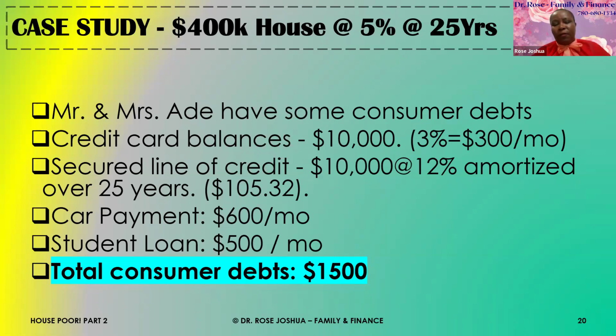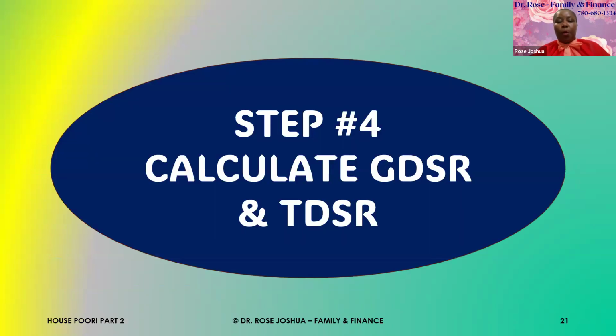1505.32, but I've rounded it down to 1,500. Okay, so that's on the debt side, and we need this for the TDSR. So now, after all of that data gathering, I hope you're following along with your calculator. And if you are looking at buying a house, you can come back to this video,